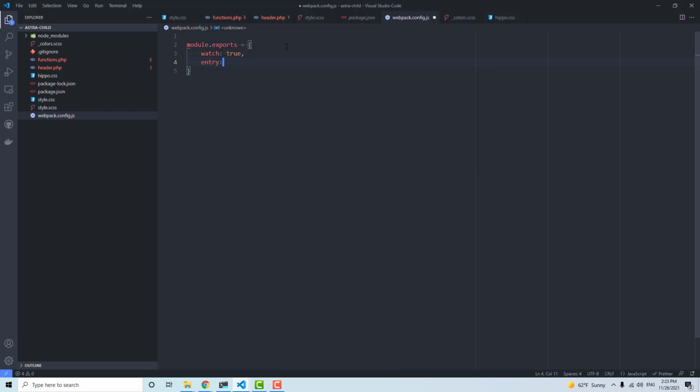And then the entry is going to be all of the files that Webpack is going to watch and use. So there's multiple ways to do this. This is currently an object, but you can also just have a single entry file, like src/index.js. So it would only watch this src/index.js file. But we don't want that. I personally like to have multiple files that it can watch, that way it's just more flexible. So what we're going to do is we're going to say app: